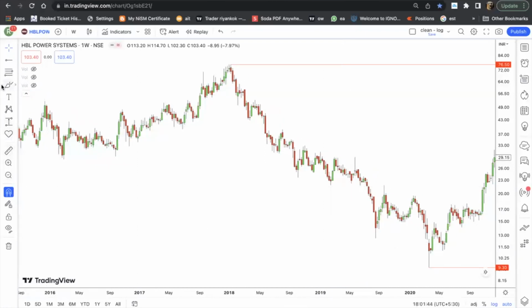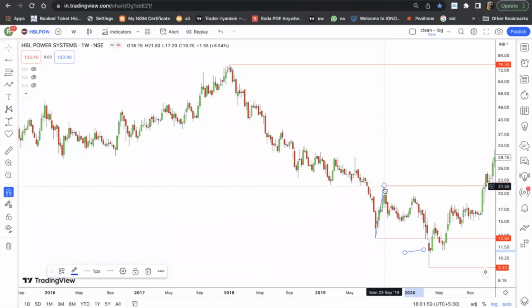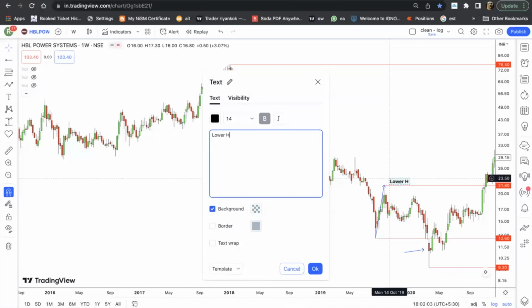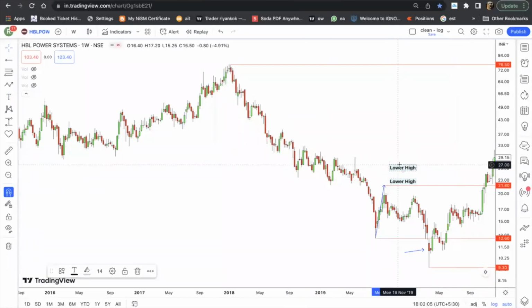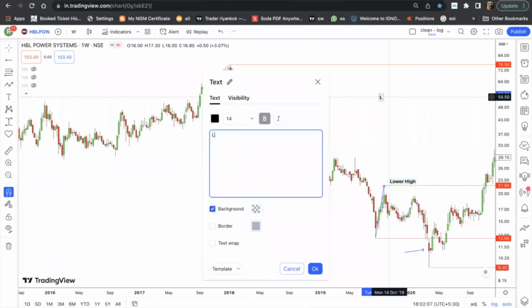Okay. And we can very carefully see that in this last trend, a lower high was formed from here, and then we got a breakdown below this low right here. So once the breakdown happened below this low, what will this point be called as? This point will be called as a lower high. Right? This point will be called as a lower high. And for longest downtrend reversal, we need a closing above the lower high.